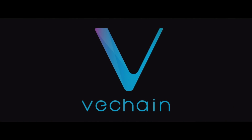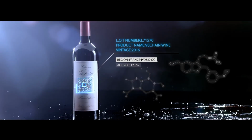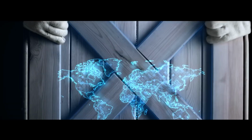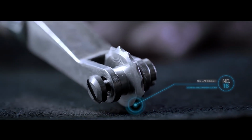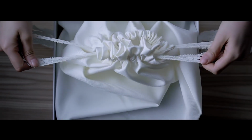VeChain has already established some associations with luxury brands, developing blockchain tracking systems to maintain the credibility of their products, be it a luxury bag, premium wine, or the order history of automotive services. The key to these tracking systems is a VeChain NFC chip that can be embedded into any product, and consumers can simply scan it with their smartphone and verify its authenticity. Counterfeit luxury goods is a huge problem worldwide, with some estimates saying this nefarious activity affects some $1.2 trillion in